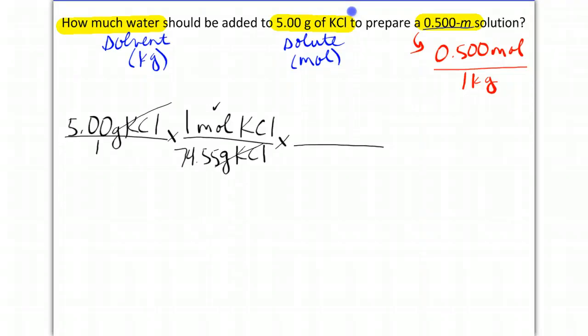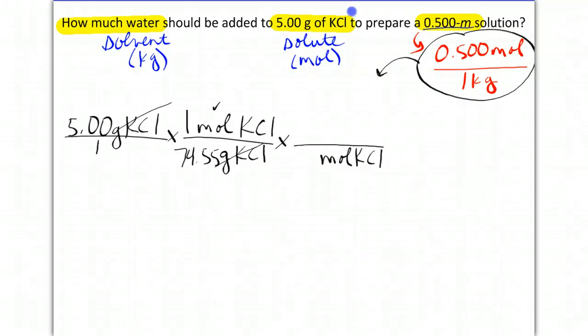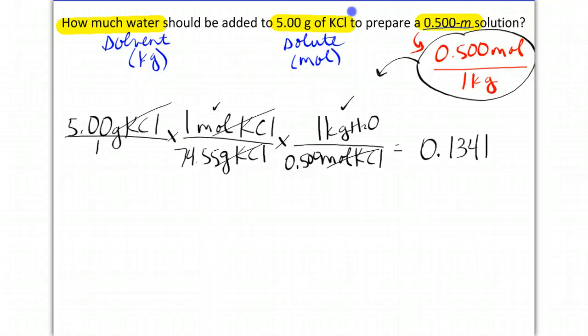We're going to bring down moles of potassium chloride, and here's where I'm going to be able to use my molality. 0.500 is going to go at the bottom, and that's going to equal 1 kilogram of water. So now my moles have canceled and I'm at kilograms of water. So we can get our final answer. 5 divided by 74.55 divided by 0.5 is going to equal 0.134, and that's kilograms of water. That's the same thing as 134 grams of